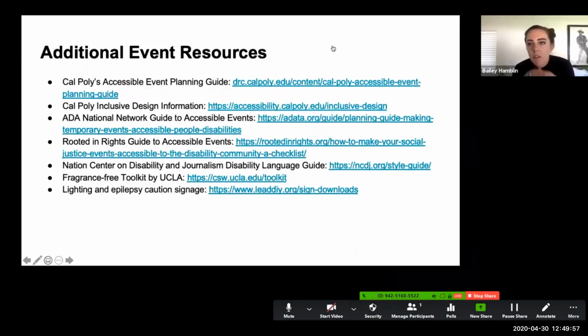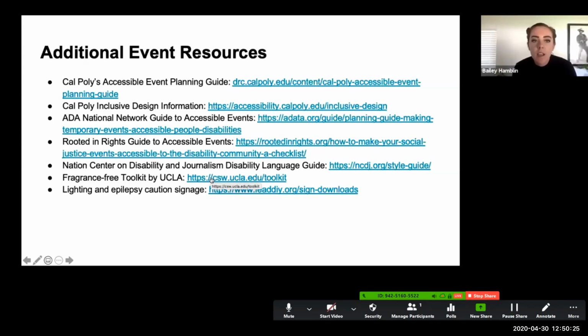I think that's something we didn't really talk about today, but language inclusivity: how are we being inclusive in our language of folks with disabilities? So whether that's ridding our language of certain words, crazy, insane, the R slur, that can be a form of inclusion and accessibility as well. If anyone was interested in learning more about going fragrance and scent free, that's a great resource there